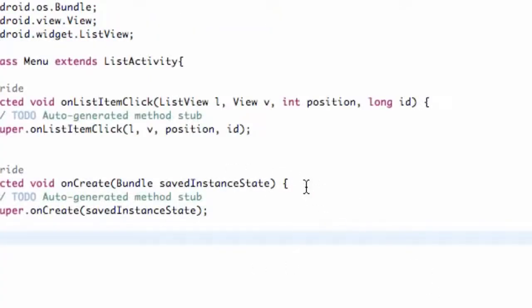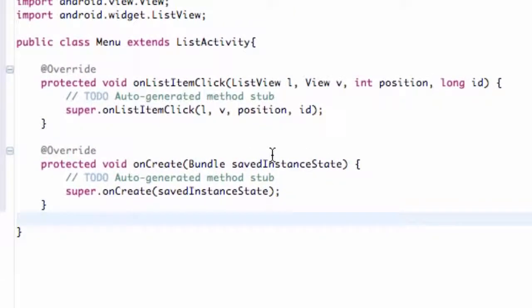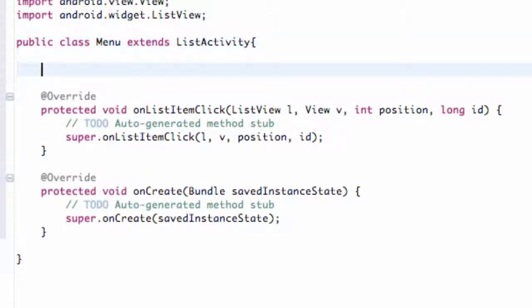For the most part, nothing too new here. What we're going to set up is a variable. It's going to be a string array, and basically what an array is, it holds multiple values for basically the same variable depending on what position it is. I know that's kind of confusing, but we're going to just set it up and I'll explain it as we go. And we want this string array to be able to be accessed by both our onCreate and our